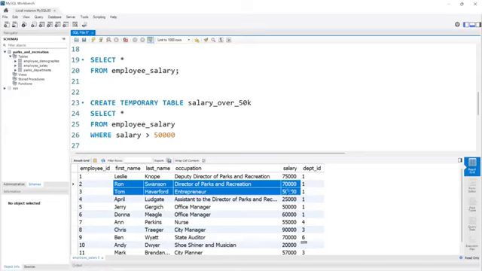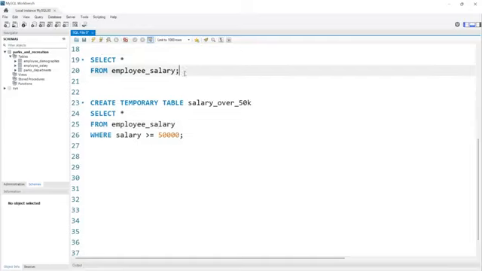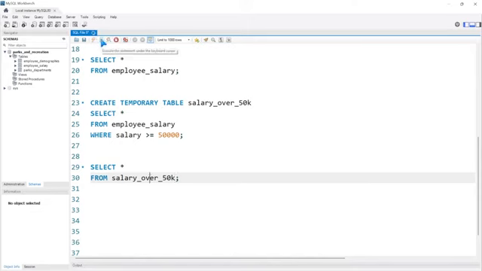Now I want Tom and/or Jerry to be included as well, so I'll actually say greater than or equal to. So now we're creating a temporary table based off of an already existing table, and we're just selecting data into this temporary table. So when we run this, now we can select the salary over 50K, and let's run this,